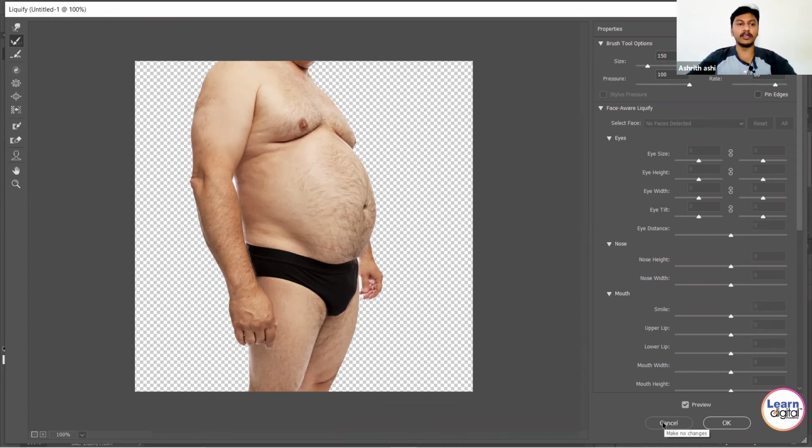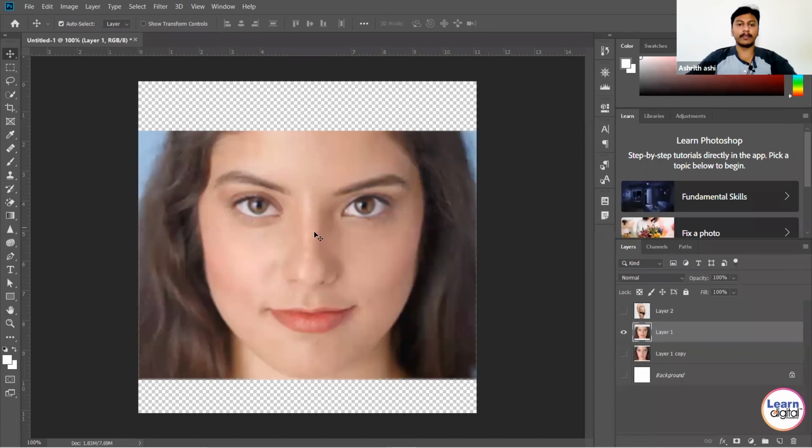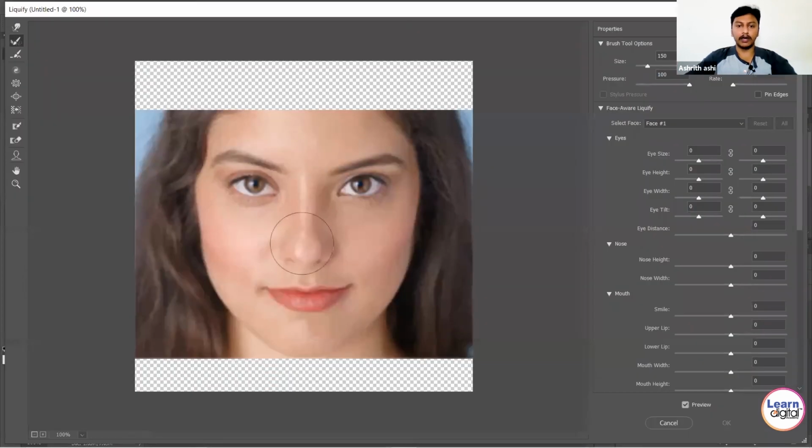We discussed the main use of the Liquify tool, not only for body parts, you can play with the face also. How? Filter, Liquify. For the nose part, initially I'm taking Pucker or Bloat. With Pucker, I want small eyes. Just click on that and you can see the eyes have changed. Then with Bloat, I need big lips, so you can make big lips. You can do a lot of things here.